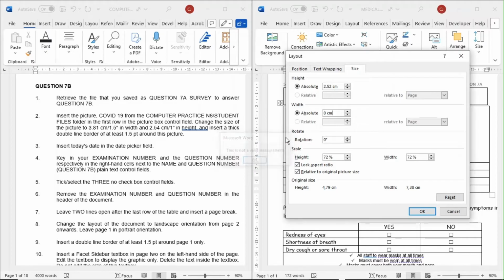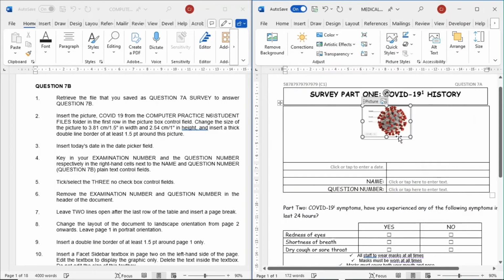We need to make it a comma. And then the width, we have it 3,81. Deselect that. 3,81. Okay, and then press OK.